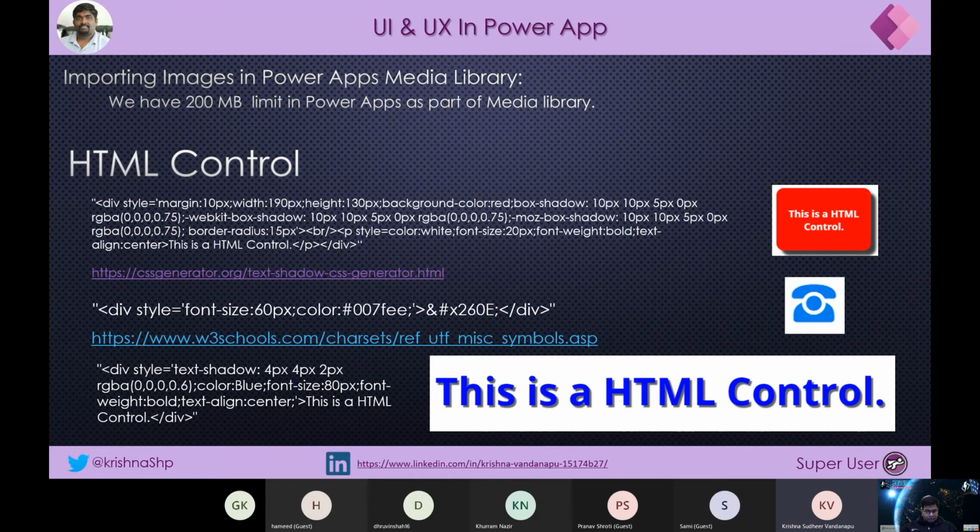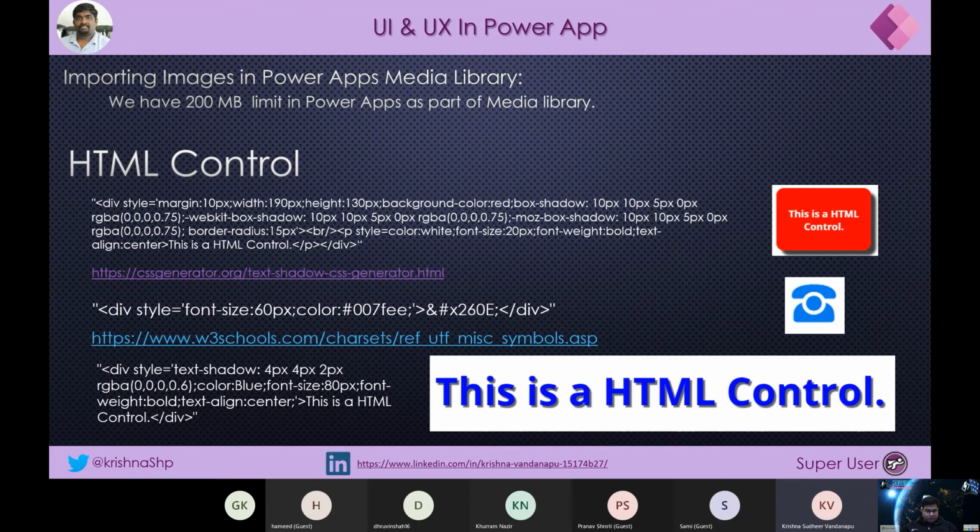And the next one is, you can see I have added a phone icon. While I'm creating forms, if I wanted to show a phone icon for a simple number field, like a mobile number field, I can use this div tag and show the phone icon preceded by the number. Again, the icon is not an image. It is running on top of that.